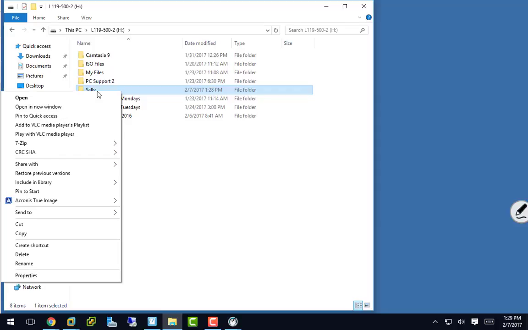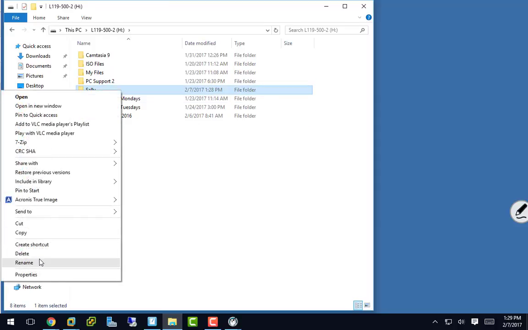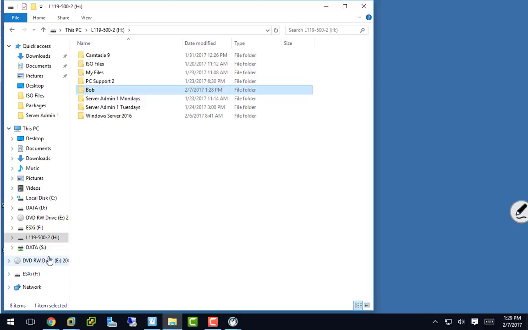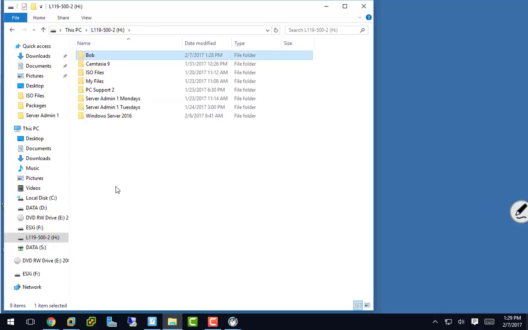Now, I could rename this. This is just a folder. This is a container. You can do anything you want with this. I could rename this Bob if you want, and then it kind of matches. The problem is, what if I wanted the whole thing to be called Larry? I could rename the Bob folder to Larry,